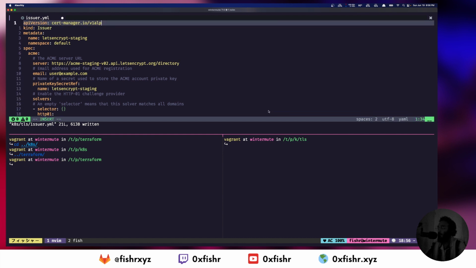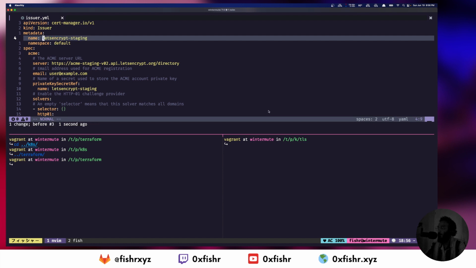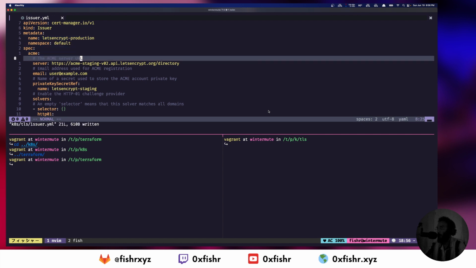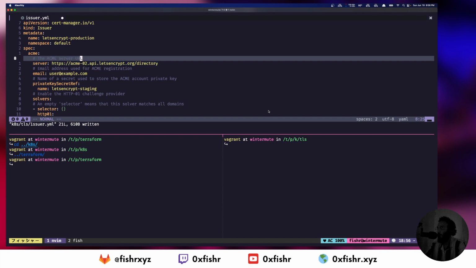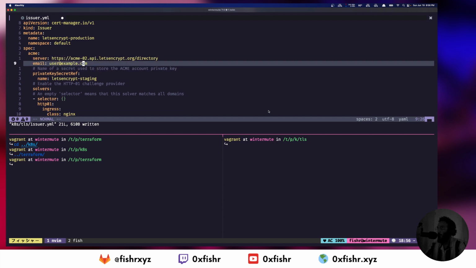The first being the API version. We'll use the v1. This is not going to be staging, it's going to be production. Again, you can name this whatever you want, but I'll keep it simple here. We'll use the actual URL, not the staging URL. Make sure you have an actual